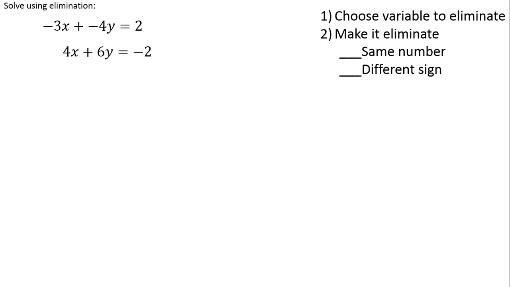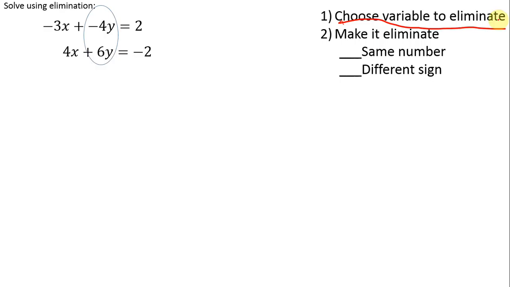Negative 3x plus negative 4y equals 2. 4x plus 6y equals negative 2. I'm going to solve this with elimination. Because I'm solving this with elimination, the first thing I'm going to need to do is choose the variables that I want to eliminate. Here, I chose the y's, but I could have also chosen the x's and it wouldn't